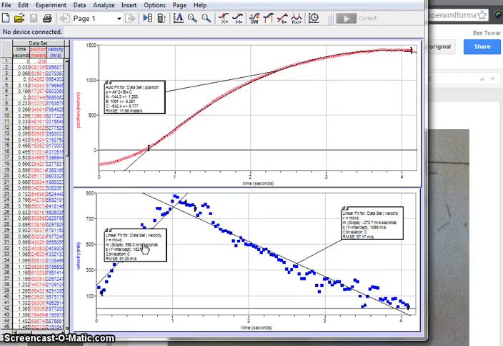Now the acceleration of the MouseTrap car when it's speeding up, I found out that the acceleration is 1.2 meters per second squared, and the process of slowing down is a little bit less powerful, and that's 0.64 meters per second squared. So that's the deceleration, or well, it's negative, so negative 0.64 meters per second squared, and that's the deceleration of